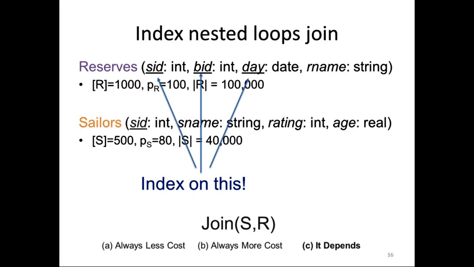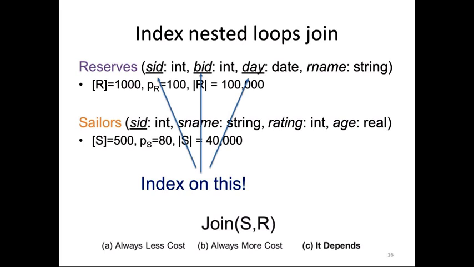For instance, for each sailor that we are interested in, maybe we don't want all the sailors, but maybe just sailors with rating higher than 5, for instance. If for each sailor that we are interested in, the number of reservations on average is 1, so the retrieval cost is 1 page. We have just one reservation to get on average. Then